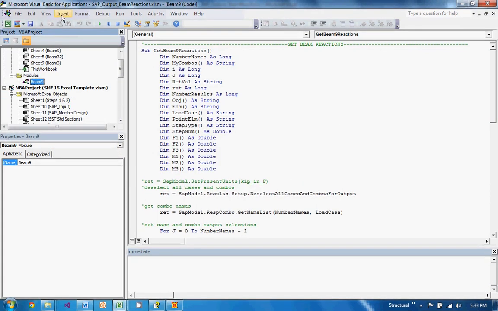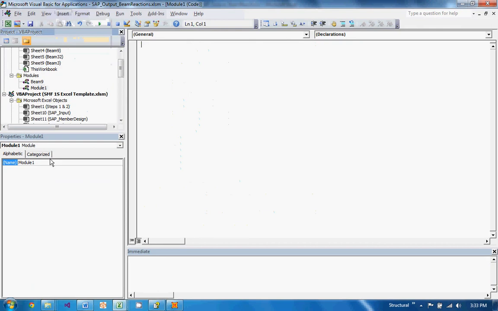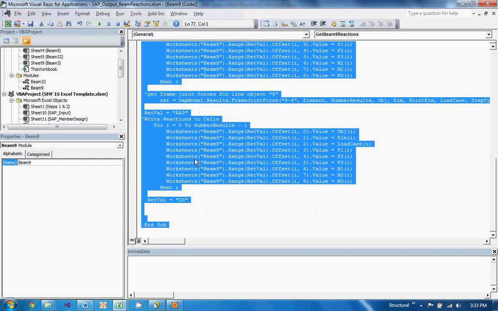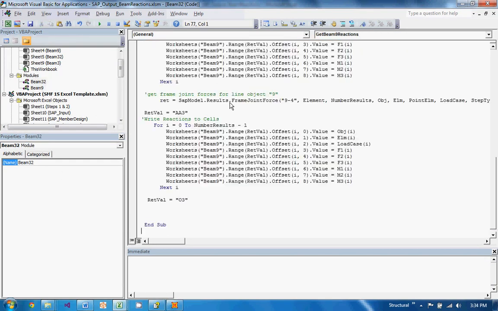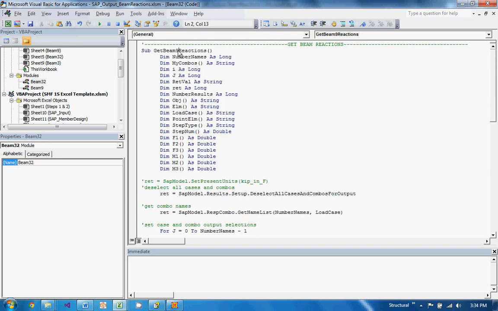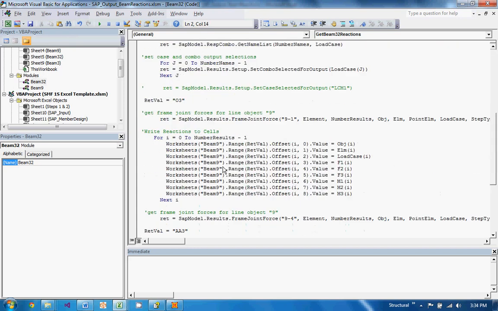I'm going to insert a module, and I'm going to call this one beam 32. Okay, so copy, paste, and everything down here I'm going to refer to